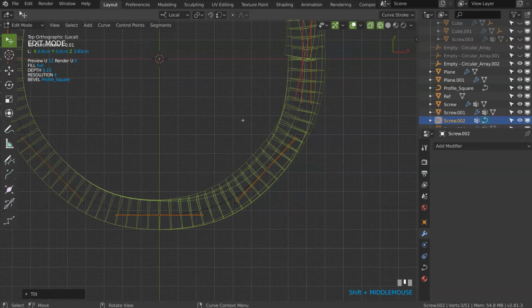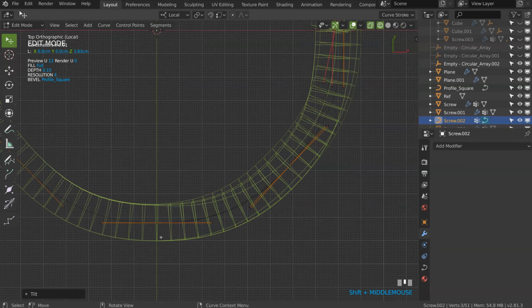If it's not perfect, this is not really an issue. You can, after, if you want, make something perfect. Seems correct. Let's press this, Control T, up, like that.